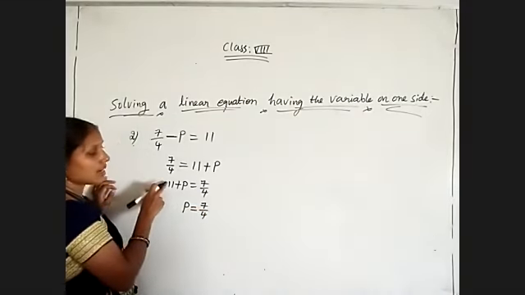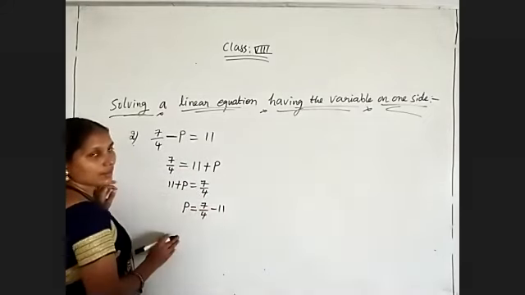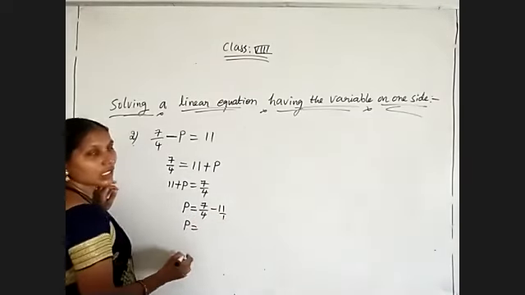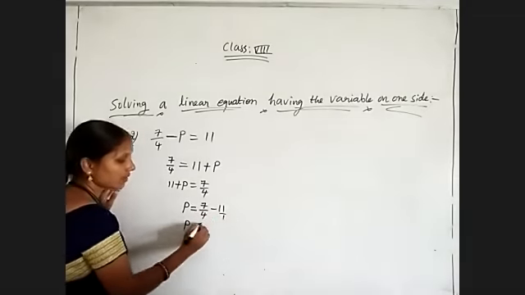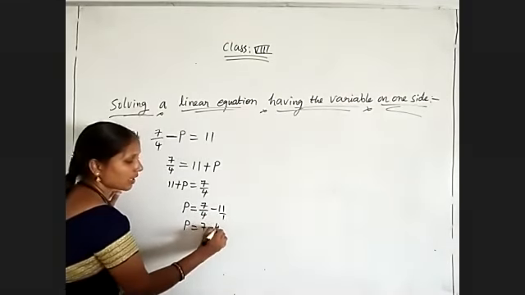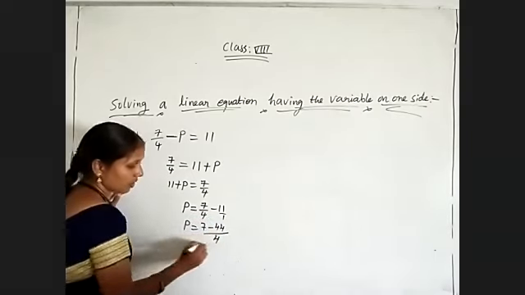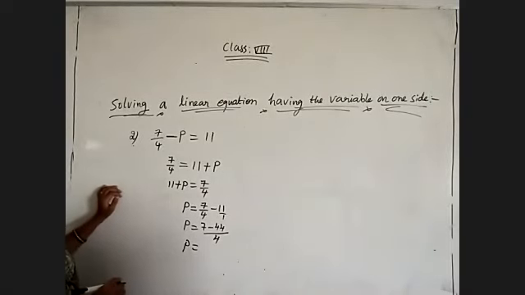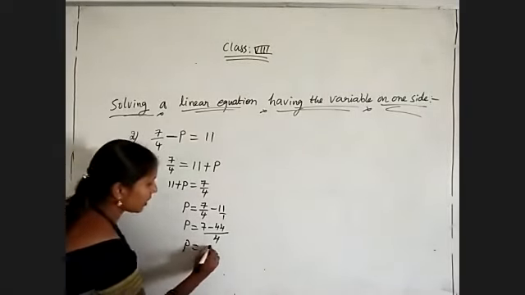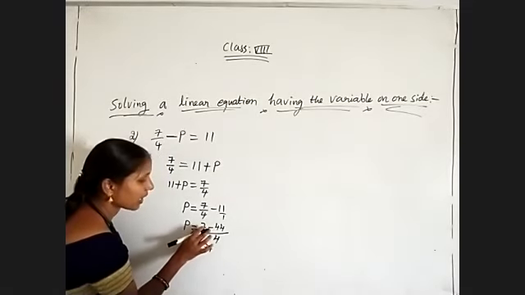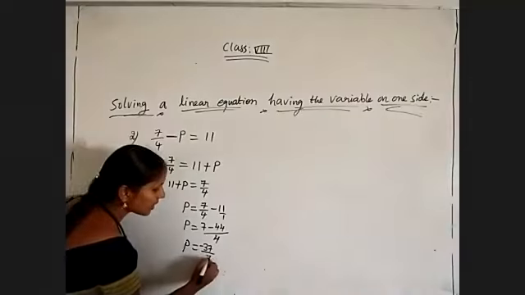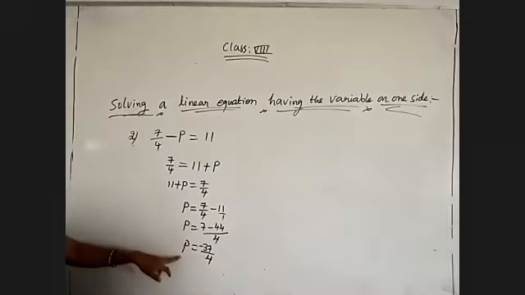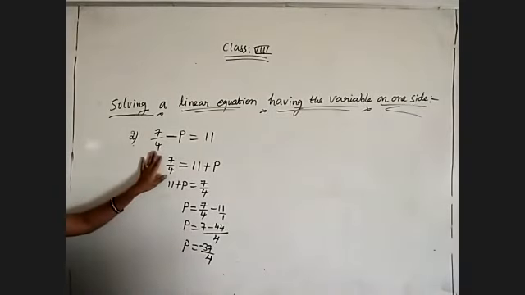11 is nothing but plus 11. By bringing this side, it will come minus 11. Then p is equal to, because one is a fraction and one is a normal number, go for cross multiplication. 7 ones are 7 minus 4 11s are 44 by 4 ones are 4. So p is equal to 44 minus 7. How much, write down? 37. Because 44 has the minus sign, so minus 37 by 4. So minus 37 by 4 is the p value for this equation.